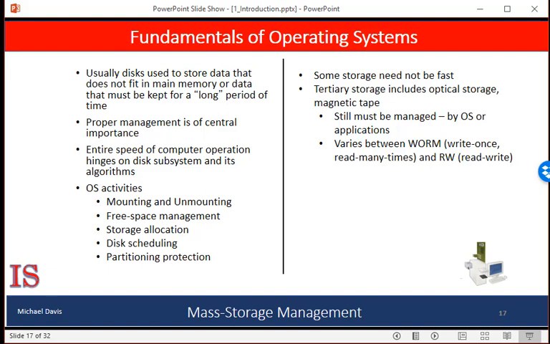The operating system is responsible for the following activities in connection with secondary storage: mounting and unmounting the drive, managing free space, allocating storage, scheduling the disk, protecting disk partitions. Because secondary storage is used frequently and extensively, it must be used efficiently. The speed of the computer is greatly impacted by the speed of the secondary storage system and the algorithms that manipulate that system, which is one of the reasons that solid-state drives have become so popular, because they're so much faster